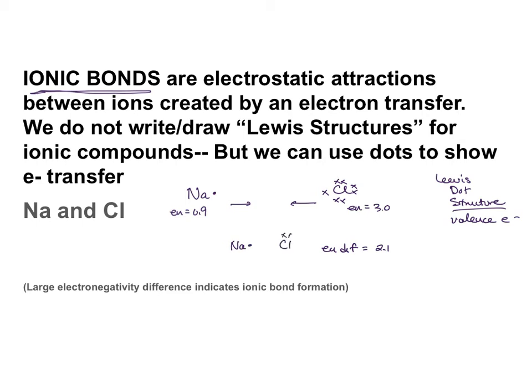And what will happen is the chlorine nucleus, with a stronger pull on electrons, will actually snatch the electron away from sodium, resulting in a sodium that is a +1 cation and a chloride -1 anion. And because this will happen with thousands of sodiums and thousands of chlorines doing this all at the